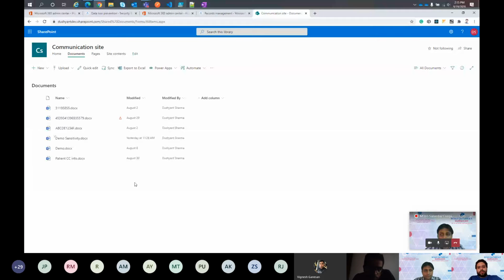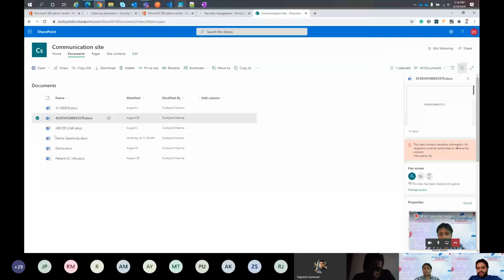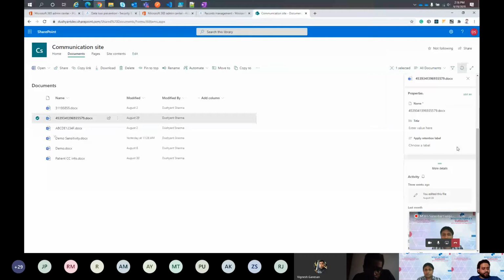If I select this document and see the properties, the policy tip comes up. It tells us that this is shared with outside the organization, because I've shared it through a link. So that's how the DLP policy works.